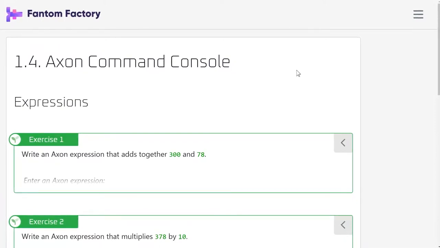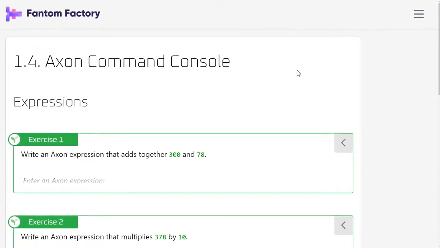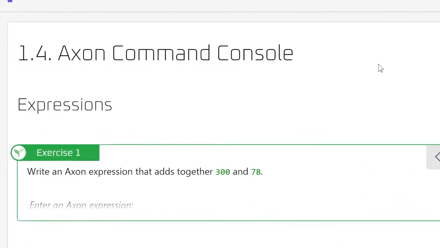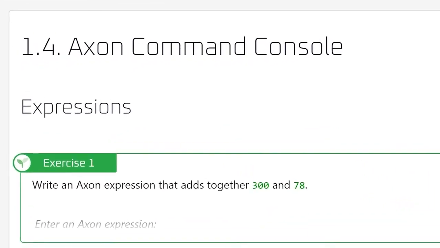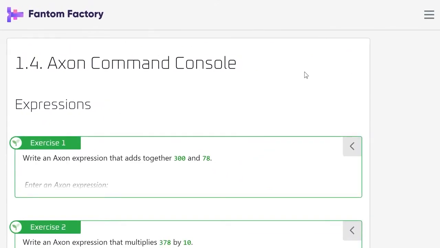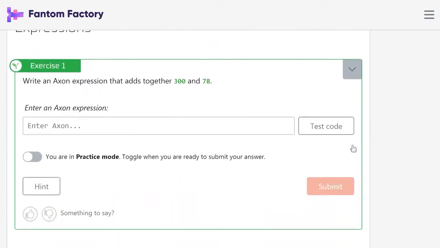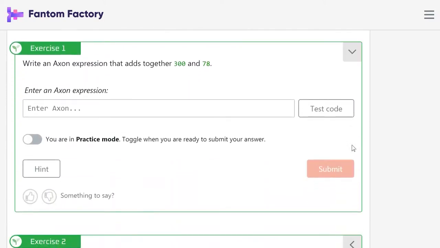In this short video, I'd like to introduce you to our very own Axon Command Console. We've especially designed this console to help us teach programming with the Axon scripting language, and to give you a real interactive training experience. So let me show you how it works. For simple operations and Axon expressions, it works in the same way as the shell tool in SkySpark.